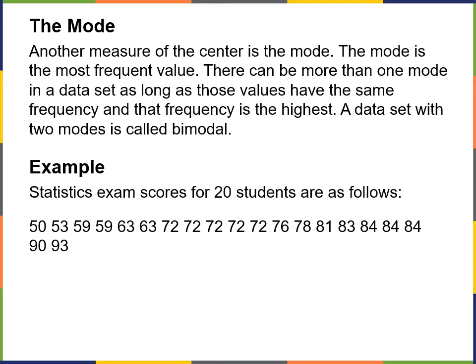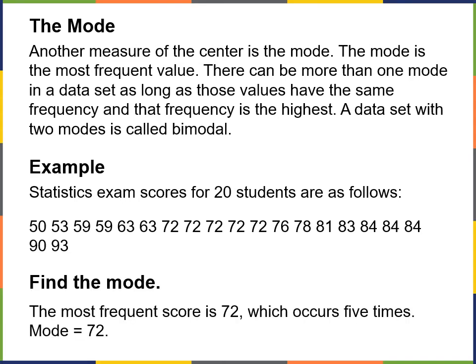So if you have 2 modes, we call it bimodal, 3 modes, trimodal, and after that we just call it multimodal. So if we look at 20 different exam scores for a statistics test, and I said find the mode. So here are the scores, okay? We want to find the mode of these. You see some values are repeated. 59 is repeated twice, 63 is repeated twice. You get a couple of 72s here. We got a couple of 84s, and clearly 72 appears the most, so the mode